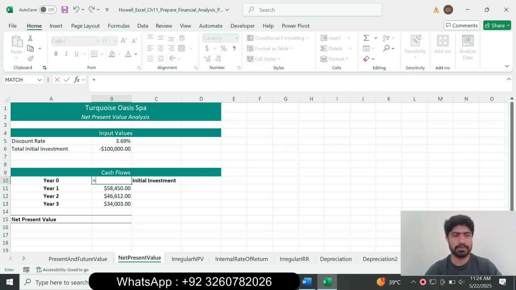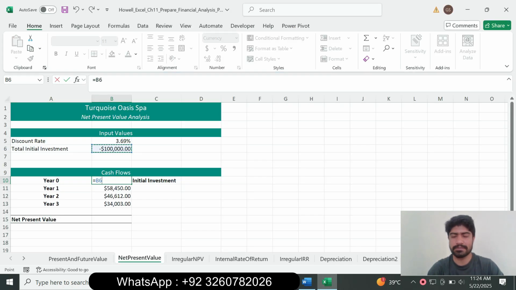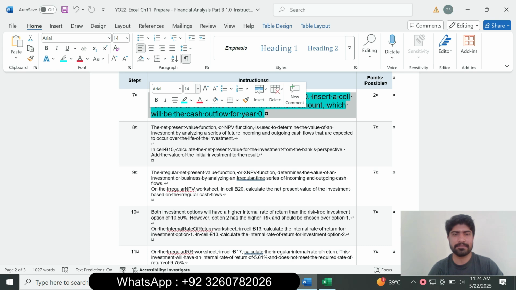So type equal to and total initial investment in cell B6, references the initial investment amount which will be the cash outflow for year 0, and press Enter. Type equal to and B6 is total initial investment. So question number 7 is complete,